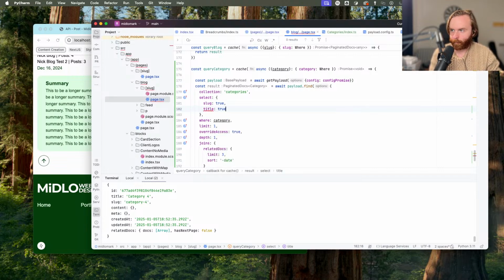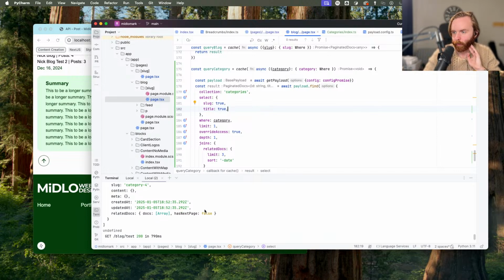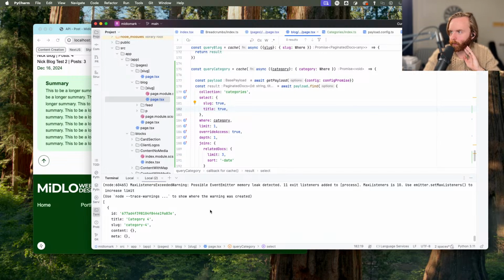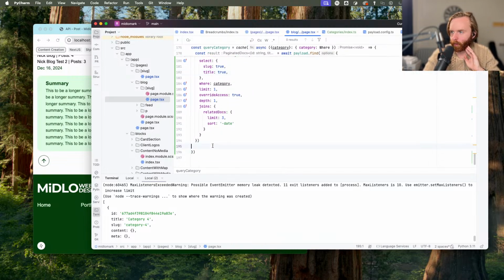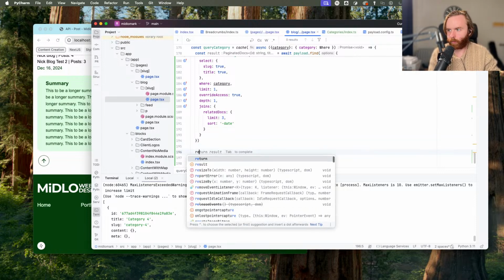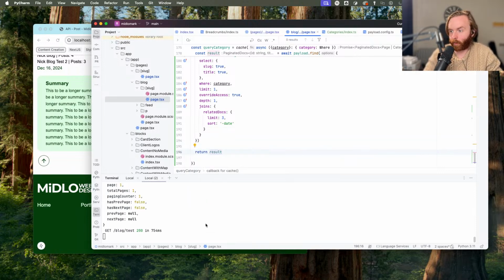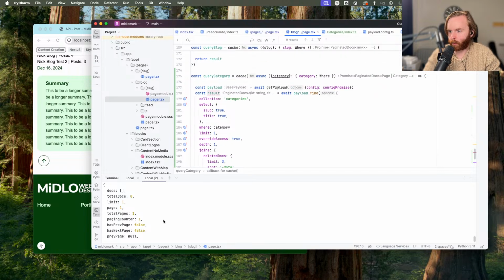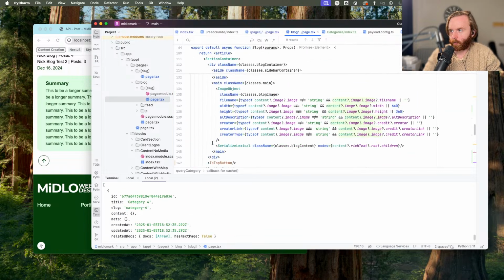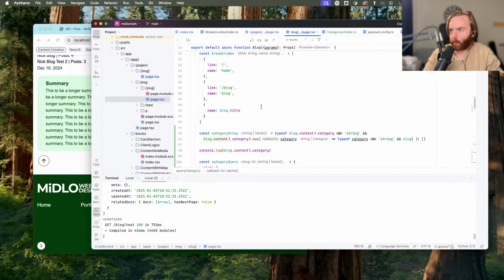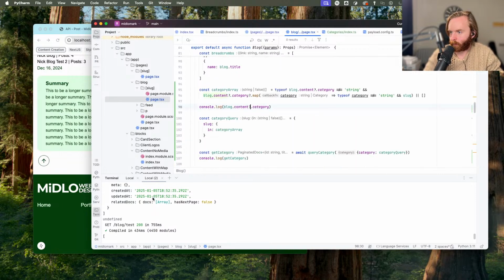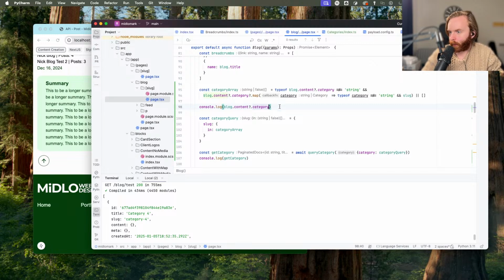So now, if I refresh that, I should only get slug and title back, but I don't. Oh, I'm not returning anything. So if I return result, I'm not sure if anything else is going to change, but all right, now we're getting no documents returned, because right now our slug that's coming through, so category,